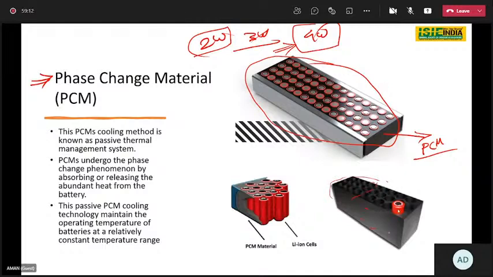So what exactly is happening here? Let's get into more detail and try to understand. This PCM cooling method is known as a passive thermal management system. One other name for this PCM material is also the passive